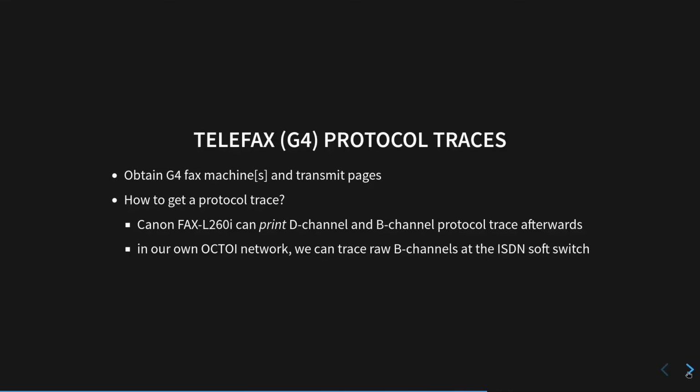And interestingly, how do we get a protocol trace? There's actually an option in the Canon fax machine which can print you D-channel and B-channel protocol traces after you completed a fax transmission. Then you get a protocol trace on paper. So that's 1980s Wireshark, even though the fax machine is from 1999. And of course, in our own network, we can also do raw B-channel traces and then decode those with software